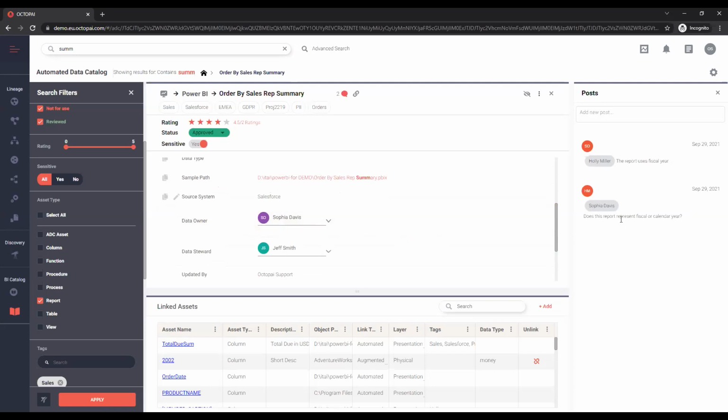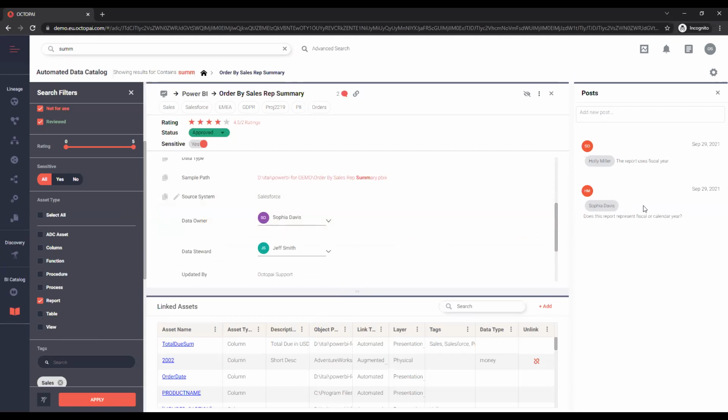Does this report represent fiscal or calendar year, right? She's got additional questions about this report. We can see Sophia has mentioned Holly over here, replying that the report uses fiscal year.